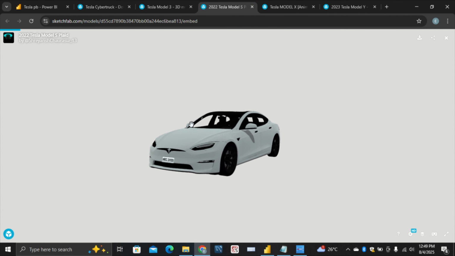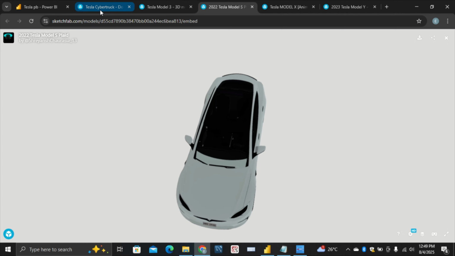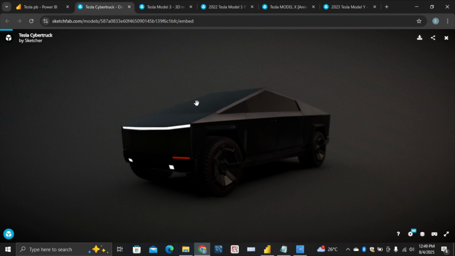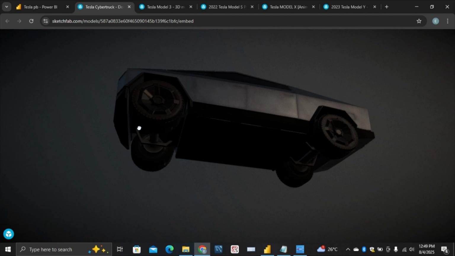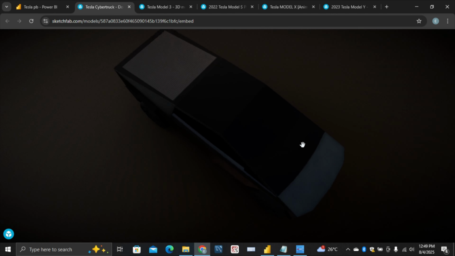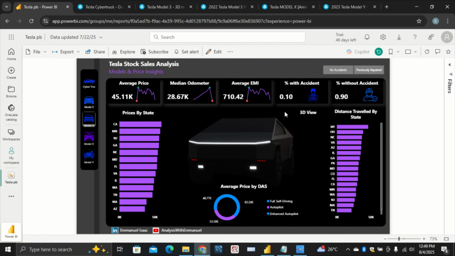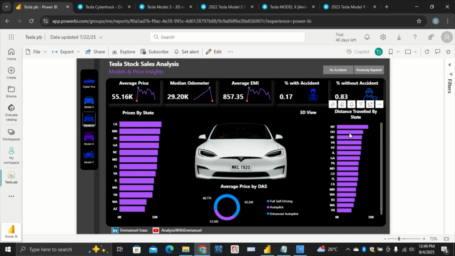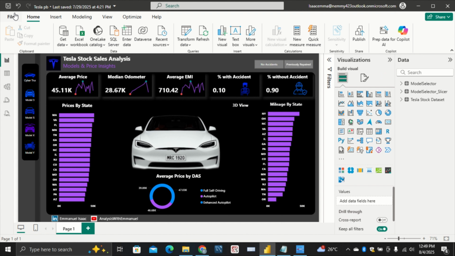So you can actually get a clearer view of whatever. This is like a 3D model of whatever. So it's not just only going to be applicable to Tesla or to cars. So whatever project you are working on, yes, exactly. So I'm going to show you the steps, and we are going to create this dynamic Power BI dashboard. So let's head to our